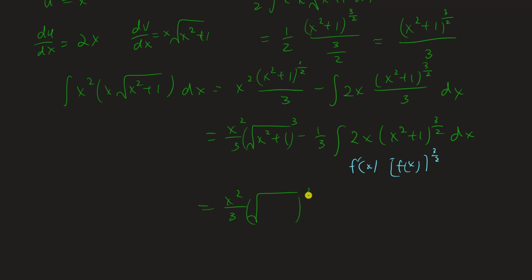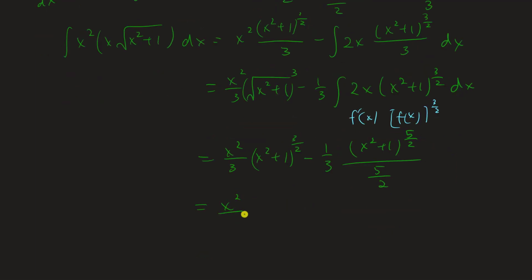This is this to the power of 3. Oh, actually, you know what? I'm just going to write it as this. Easier. And then this would give us just f x to the power of new power over new power. x squared plus 1, 5 over 2 over 5 over 2. Simplifying this gives us